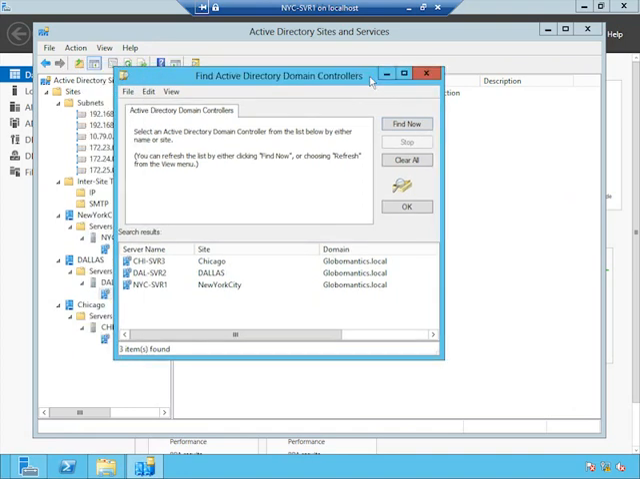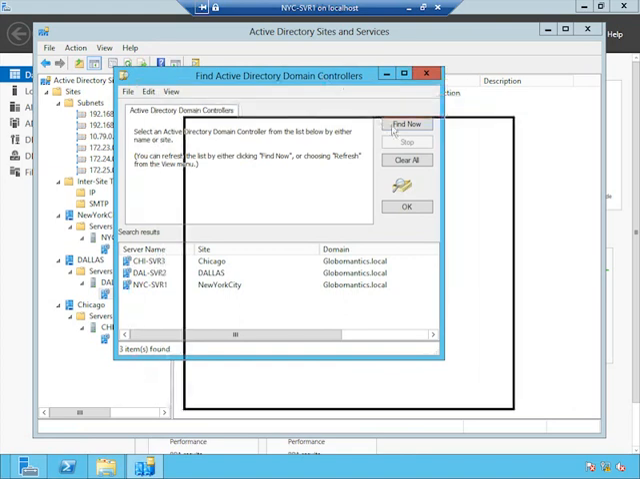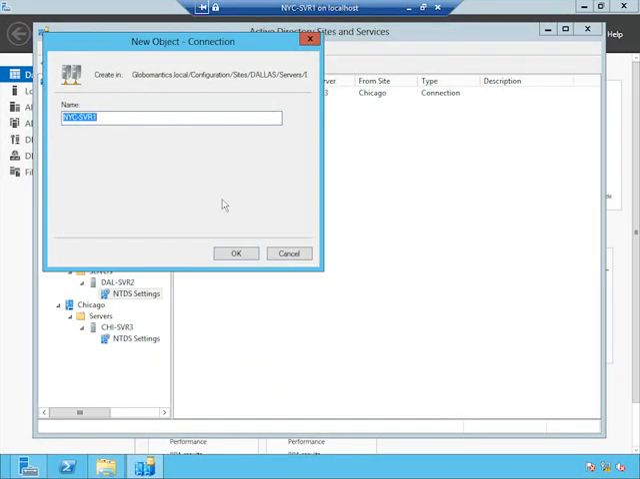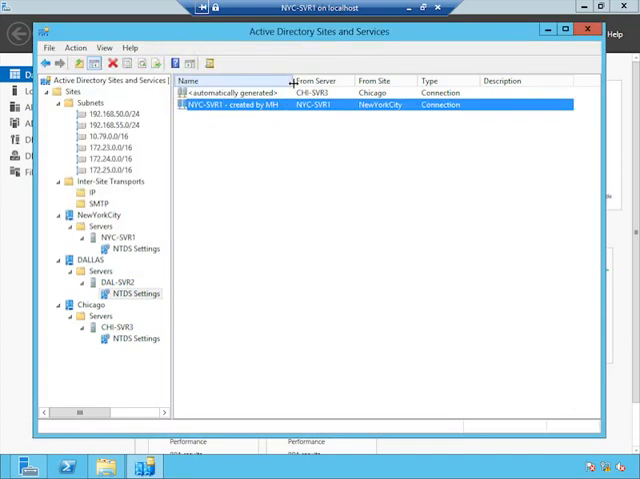And I want to be able to replicate data in perhaps from the one place I'm not replicating from currently, which is to say New York. So I'll choose New York from my list, click OK. Wants a name for that connection. If you're building your own manual connection, it might not be a bad idea to put your own signature on it